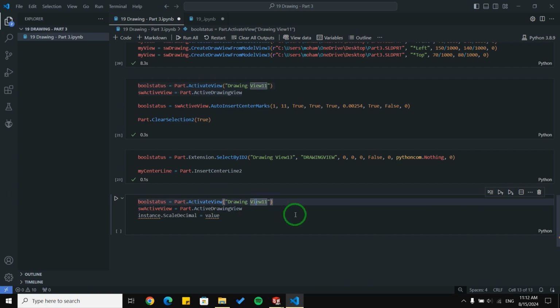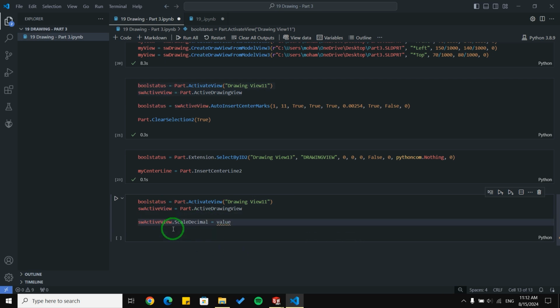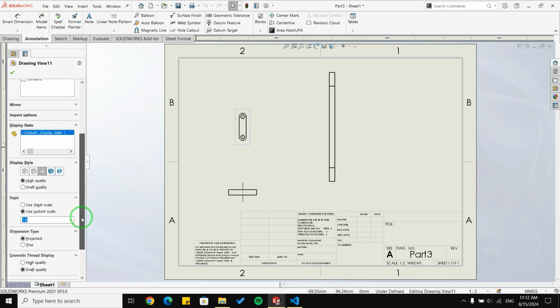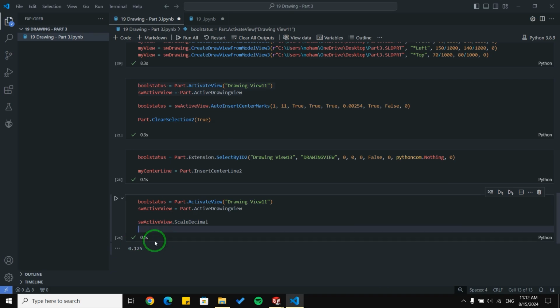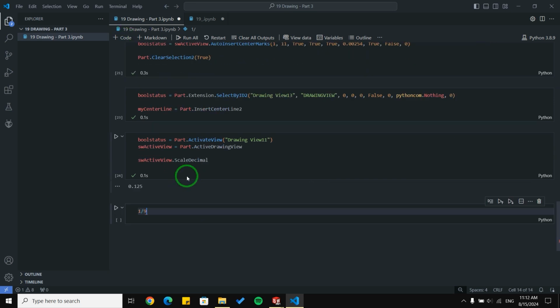So I'm going to say drawing view 11, and for the instance I'm going to use this object, SolidWorks active view, and let's just get the scale, and it is 0.125, and as you can see it is 1 to 8. So if you divide 1 by 8, you get 0.125. Let me try it. As you can see it here.